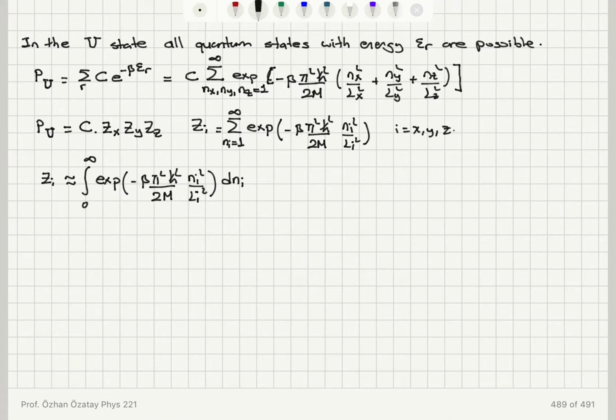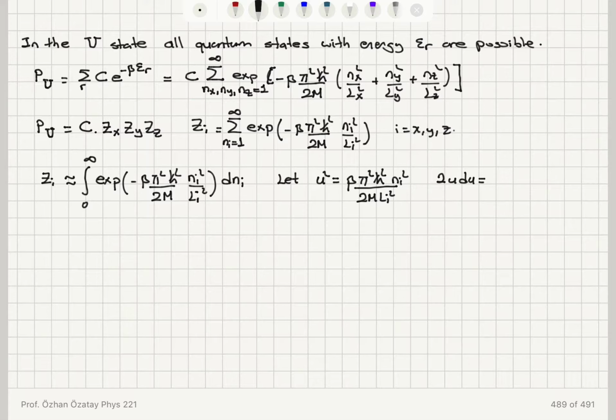So in order to perform this integral, I'm going to define u squared to be equal to beta pi squared h bar squared ni squared divided by 2 capital M li squared. So you can see that with this I will have 2u